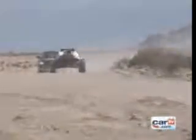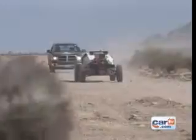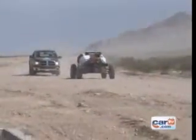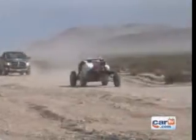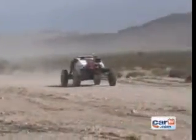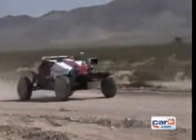And that anyone could have been Team Ensco. After starting 10th out of the gate, Dexter was flying through the course, steadily making up ground. With an average speed over 19 miles an hour, and with accelerations of 40 miles per hour on straightaways, Dexter's chase vehicle was having trouble keeping pace. Stanford may have been leading the pack, but this was a time trial, and halfway through the course, Team Ensco